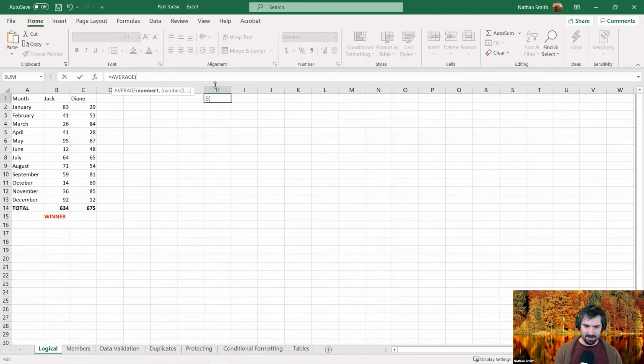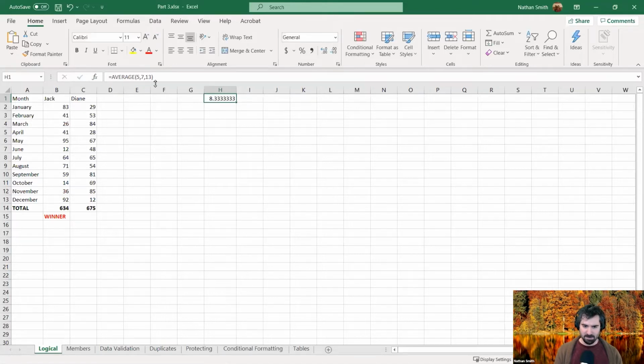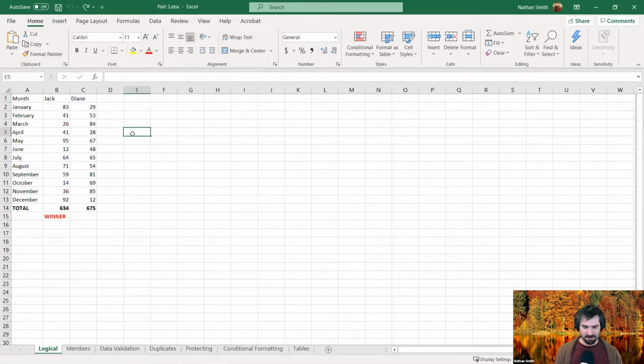And then down here at the bottom, it prompts us, okay, this is what we need for this type of function. We would put the numbers in. And then after the numbers were in there, we would close it up with a right parenthesis. So shift and then 0. And then, by the way, 8.3 repeating is the average of 5, 7, and 13. Anyway, so that's a function. A function is the building block of a formula, and we're going to be dealing with a few pretty useful functions during this session. The last one to talk about is the,